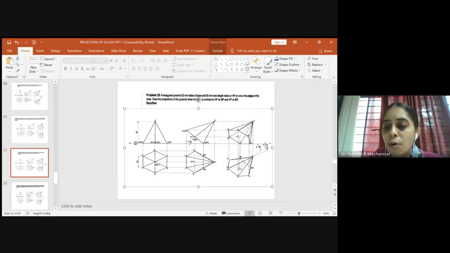So after naming, we have to now join. So before joining, don't forget to take the projection from the center and the apex. So O1 is meeting O1 dash at this point, name it as O1 dash. O is meeting O dash at this point, name it as O dash. So when the given object has been inclined, when the observer views from here, the bottom surface will be continuous and visible line. So the bottom surface will be visible and the outer boundaries will be visible.